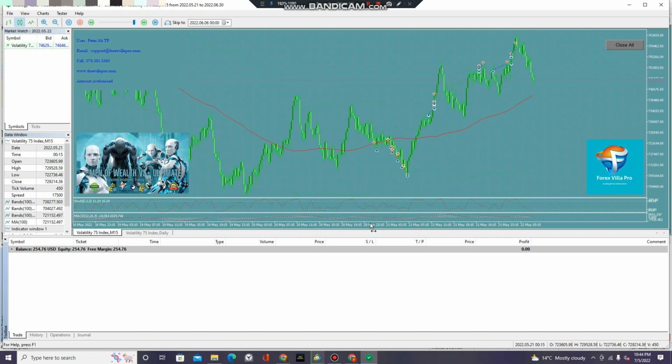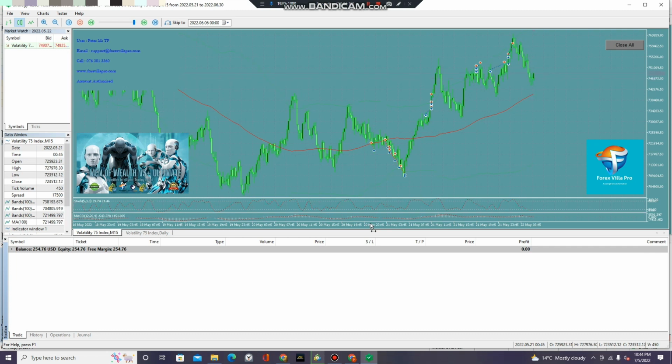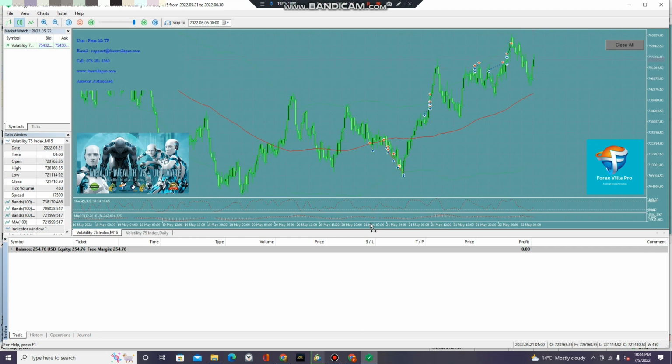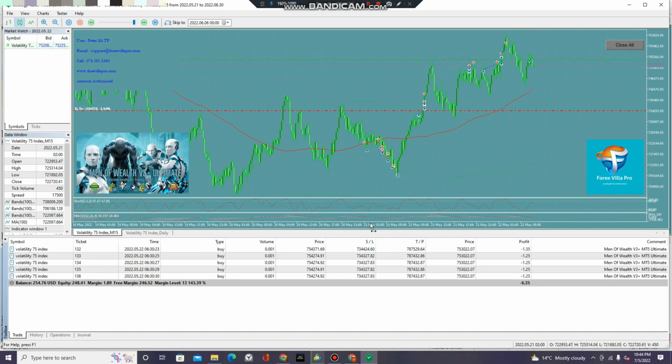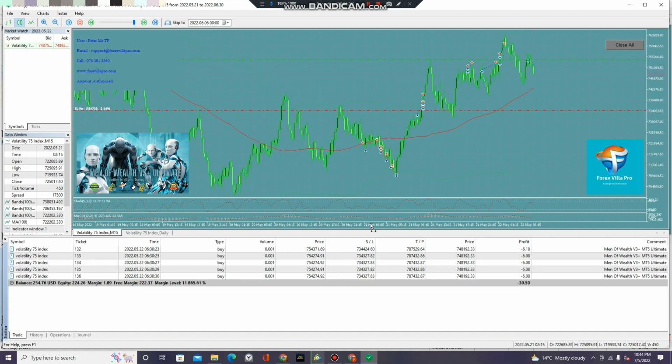And I'm not saying that the system doesn't lose. There is no such system that doesn't lose, guys. You will never find a trading strategy that doesn't lose. So this is price action trading, guys. The only advantage for Man of War Victory Plus is that it uses a price action trading strategy and the